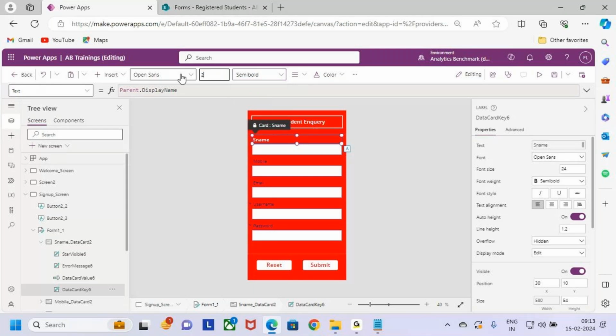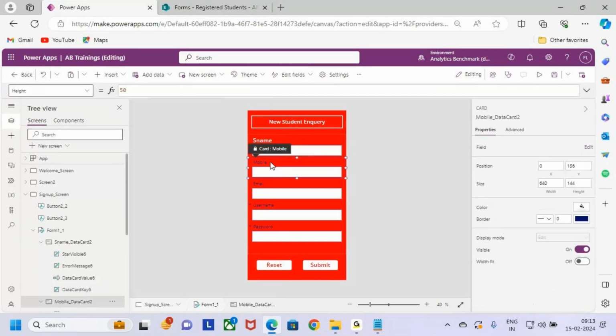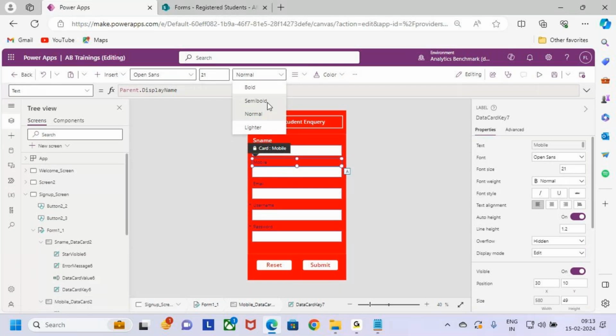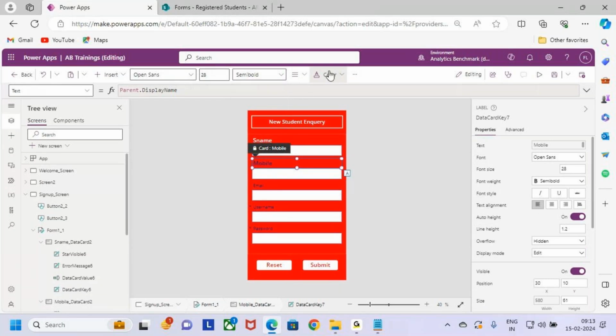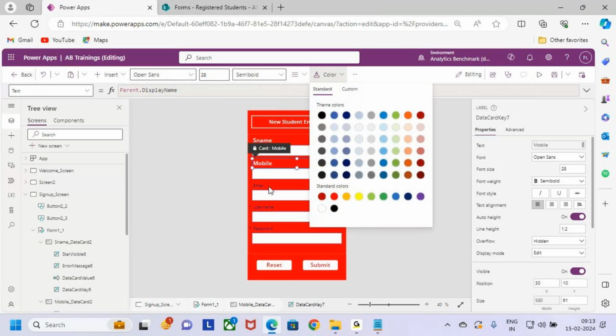Let me keep it as 28. Fine, looks good. Next, I want to do the same thing for the remaining ones. Let me keep it as semi bold, size 28, and align the font color to white. Let me change this one,